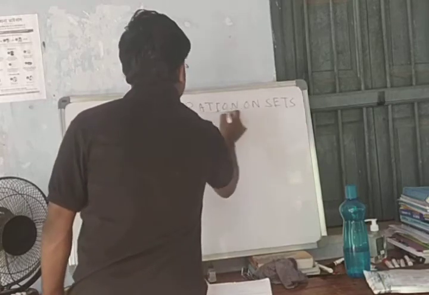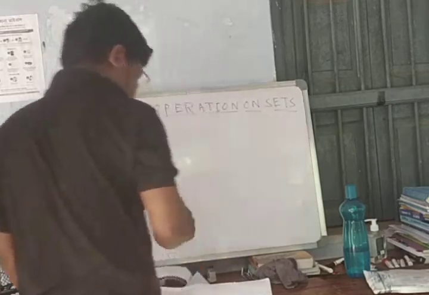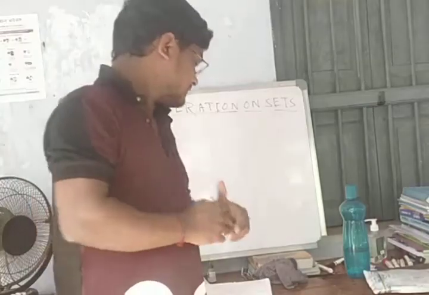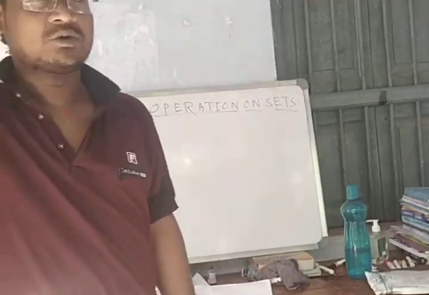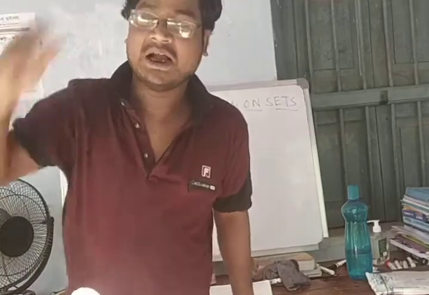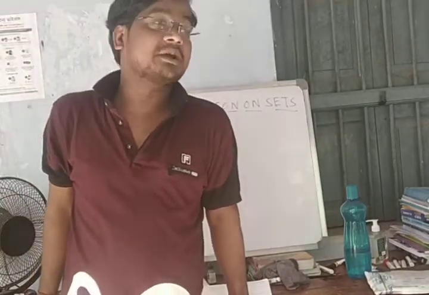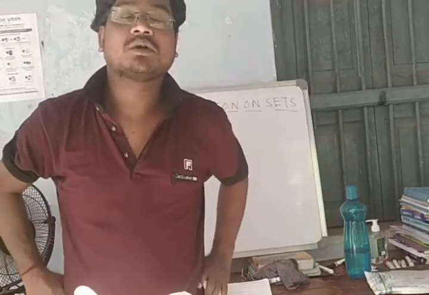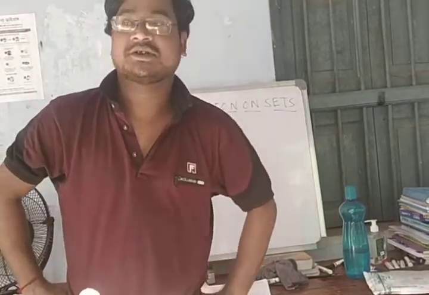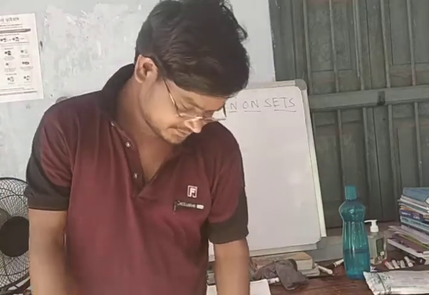Okay. Let's start. You know, in class 6-7 you learned sets: what is a set, how to write a set, and the Venn diagram of sets. Now you have to know the operations between the sets. Operation means